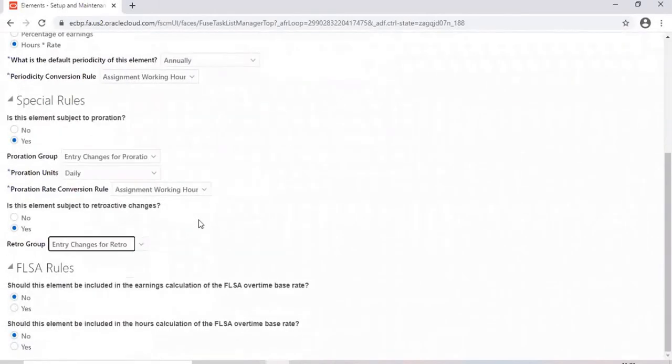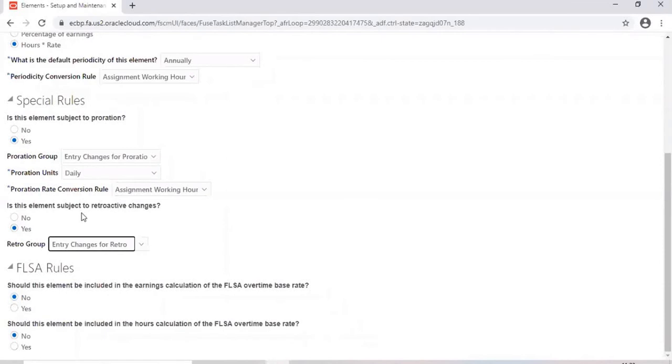Any questions here? So when I select proration, when I select retro, system will automatically create a number of elements, especially retro. You don't have to worry about element creation. System will create automatically an element and the corresponding fast formulas.